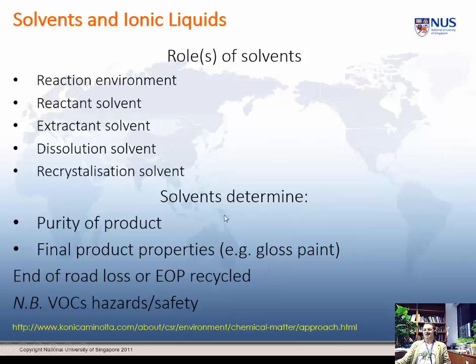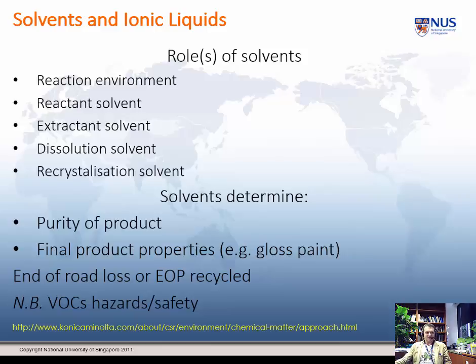And typically solvents determine the purity of the product, the final products of the properties of the product. So for gloss paint, the degree of gloss is dependent on your final solvent concentration. Also, you need to think about the end of process recycling, and of course what we're talking about, VOCs, hazards